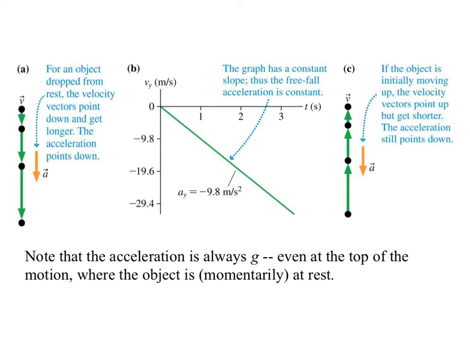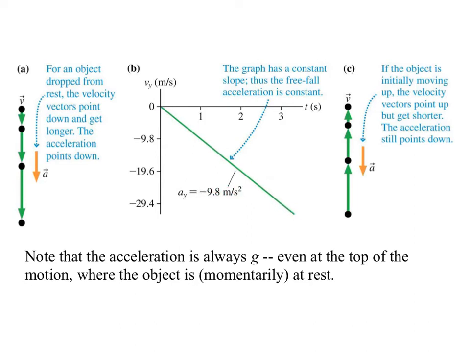Some other ways of representing that. If we have an object dropped from rest, the velocity vectors point down, and they get longer, which makes sense. And that acceleration is g, downward. So if we were to graph it, the velocity would start at 0. It would have a constant slope, whose slope would be 9.8 meters per second squared, but negative because the line